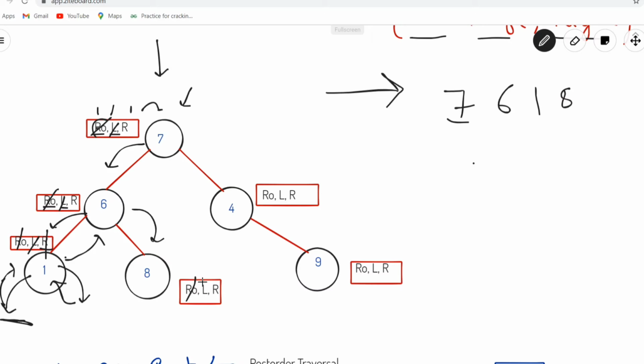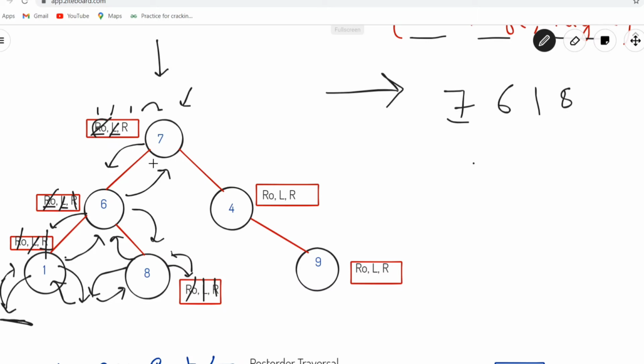Now the next operation we need to perform is left. We'll move in the left direction, and the value there is null, so we need to return back to the caller, the node having value 8. Now we have performed the left operation. We need to perform the right operation. Again, we need to return back to the caller, which has value 8. So all three operations have been performed in the node having value 8. Again we return back to the caller, and the caller is 6. For node 6, we have already performed these three operations. So we return back to the caller of node 6, that is node 7.